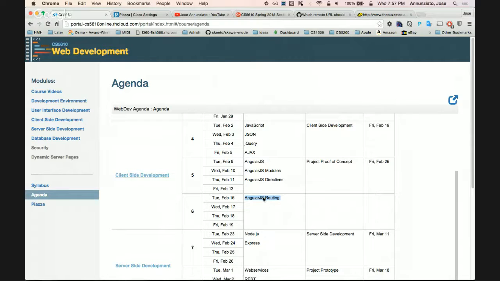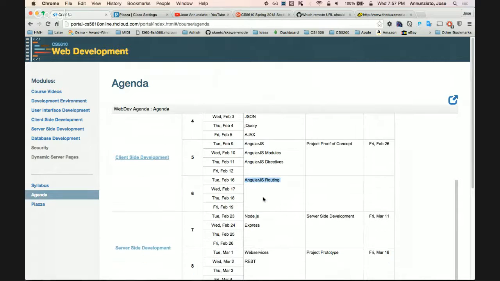So up to this point, notice that the first 6 weeks, we've only been working on the client side. We've only been doing client-side technologies, basically just HTML, CSS, and JavaScript. And in JavaScript, not native JavaScript, but a full-blown library of JavaScript.